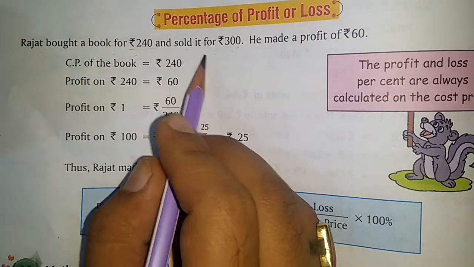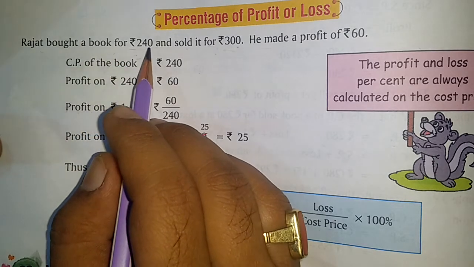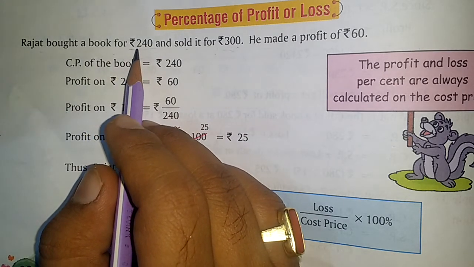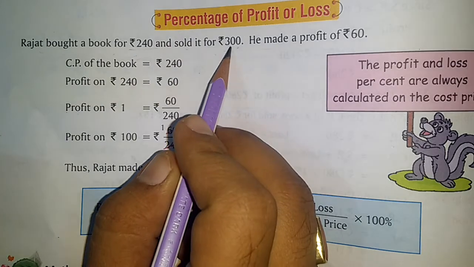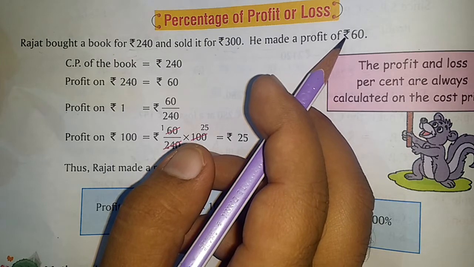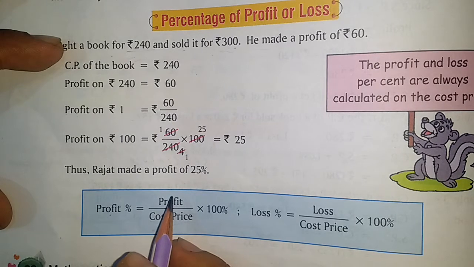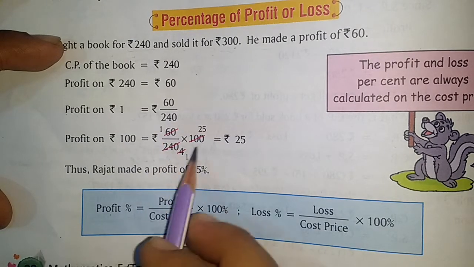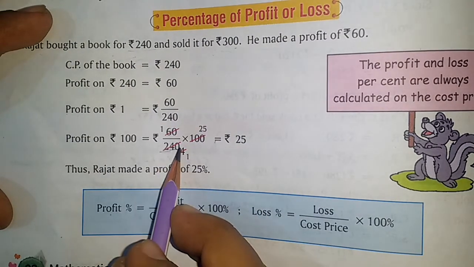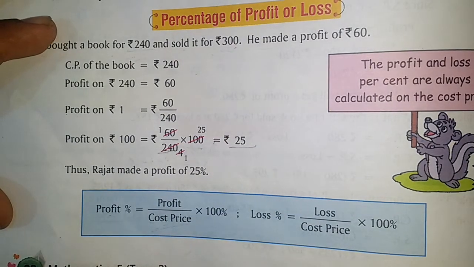You can easily see that it was sold for rupees 300 and the book was bought for rupees 240. These are two other things. Sold means SP, and bought a book, or the initial cost of the book, is CP, which is 240. As SP is greater than CP, 300 is greater than 240, so profit is there. We will take out the profit. Now what is the percentage? How can we take it out? By putting it in the formula, 60 upon 240 into 100. 60 was the profit, CP was given as 240 here, so 240 is written here into 100. So this is the profit percent.